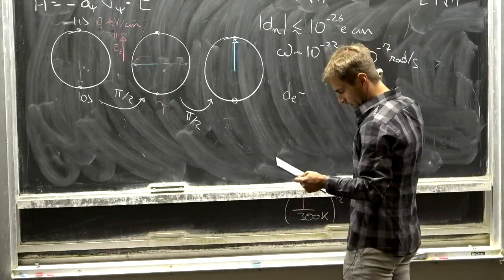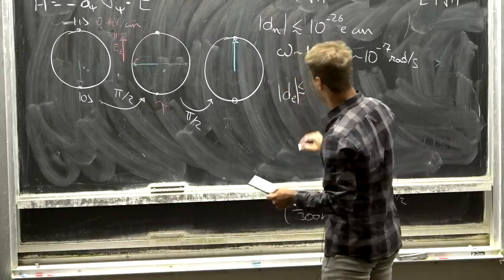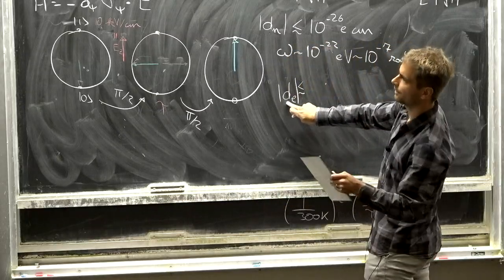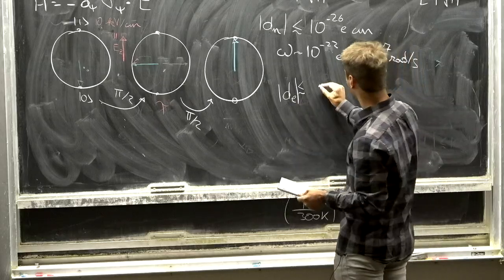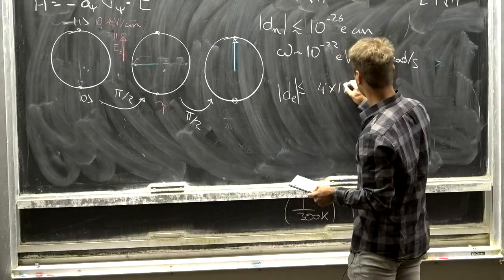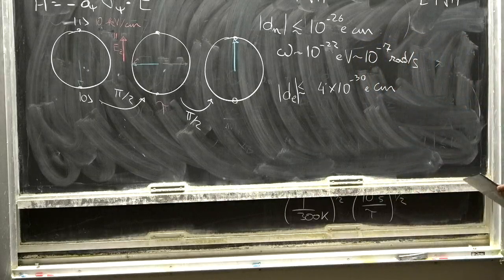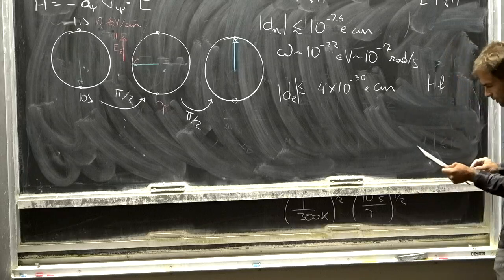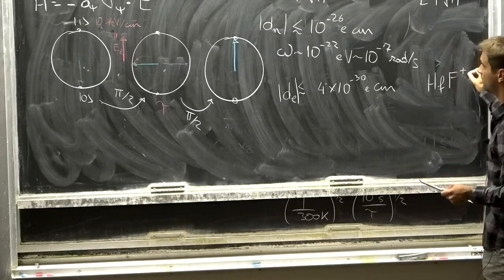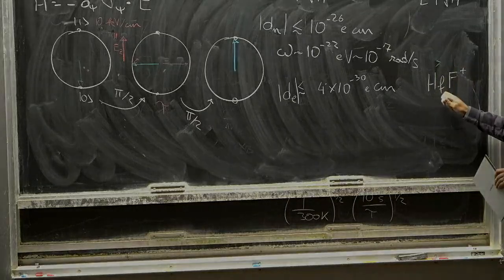In fact, the best limit on the electron EDM, so this is not the scalar phi coupling, this is the electron EDM, sorry for the abusive notation, is about 4 times 10 to the minus 30, from an experiment done by Eric Cornell and Jun Ye here on hafnium fluoride plus in some ion trap with a very similar principle, except the electric